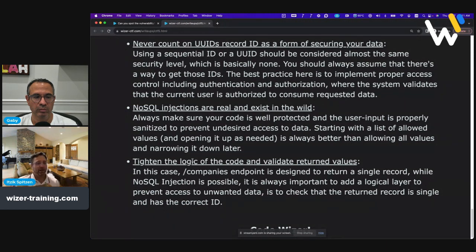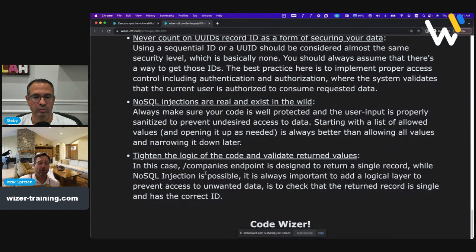Going in and looking at what our code is doing in any scenario could have prevented this, because we created an API that is supposed to return a single company, and it's not. It actually returns multiple companies because I'm using NoSQL injection to hack it. So it's really important to create a tight piece of code that doesn't allow any unintended logic to go through.